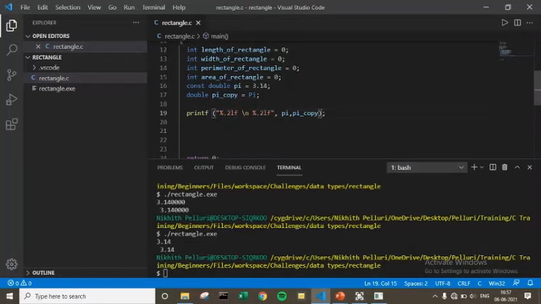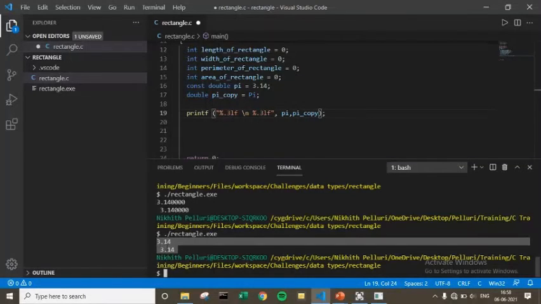And I said %.2lf, and what is this? You might be wondering, what is this .2? This .2 is special. It says how many digits should be printed after the decimal. For example, when I change this to 3, it prints 3.140.